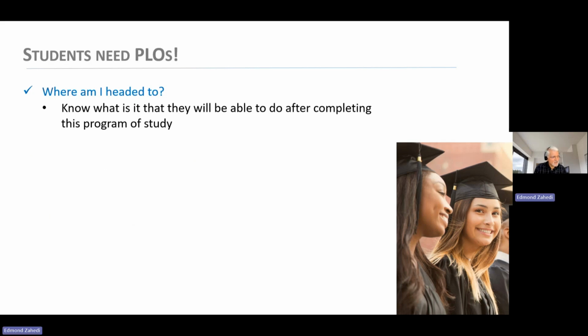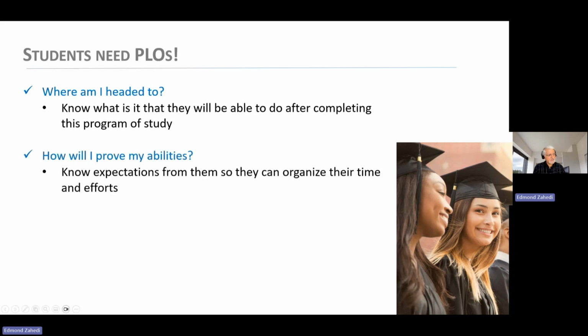because gone are the days when a parchment was a guarantee for a decent, good paying job. Students need to know what competencies they will gain during their learning because they know what the market expects from them. Remember, a competency is obtained through a combined utilization of personal abilities, knowledge, skills, and other stuff that they learn through following the program. They also need to know the expectations from them so they can budget their time and efforts accordingly.